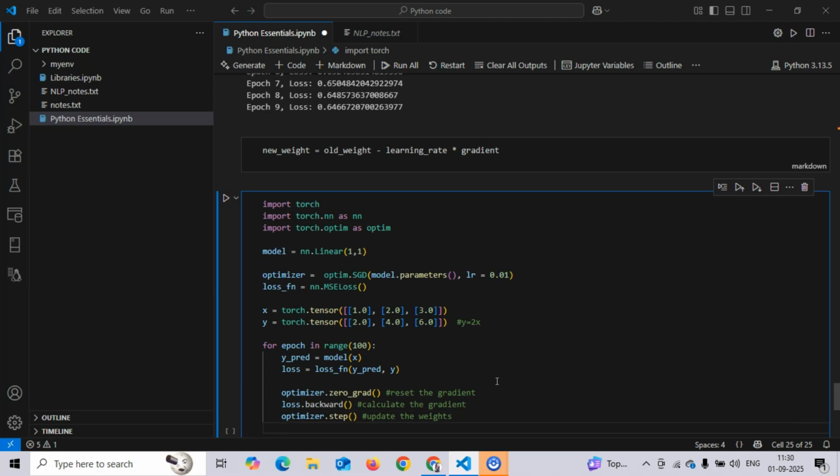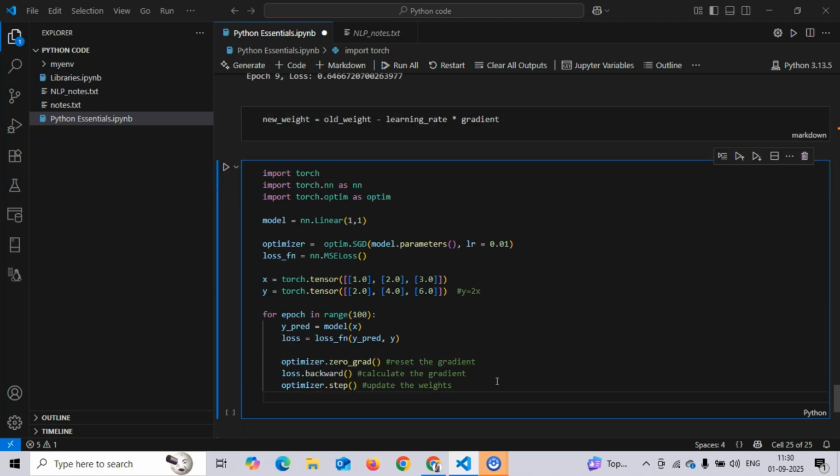Perfect. So we have three things. First, resetting, because let's imagine here you have the weights updated. We calculate the gradient in this step. The first time, at 0, we calculated a gradient, we applied the weights, and we move back again to the for loop, where we calculate the prediction and the loss. Now in the optimizer we have this gradient which has already been calculated, but we don't want that.